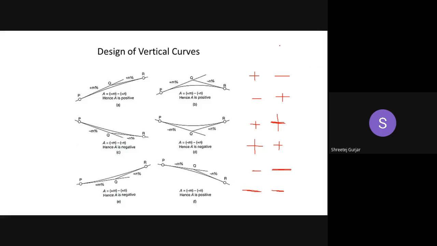Okay, so these are the 6 types of vertical curves which you have to remember. Usually this is the question that will be asked in our exam: define a vertical curve and explain the types of vertical curves with figures. So you have to draw all these figures for the 6 curves and explain. Okay, so this is a summary of the 6 types of curves that you have to draw and name. So this is regarding vertical curves.